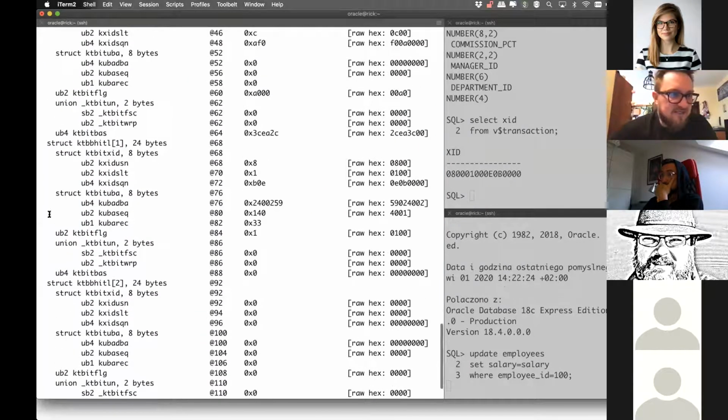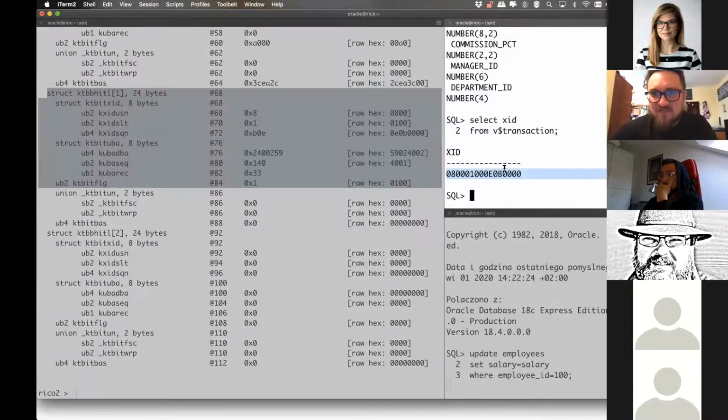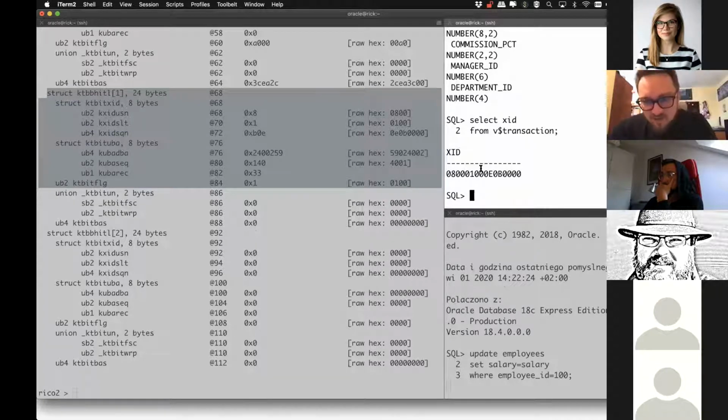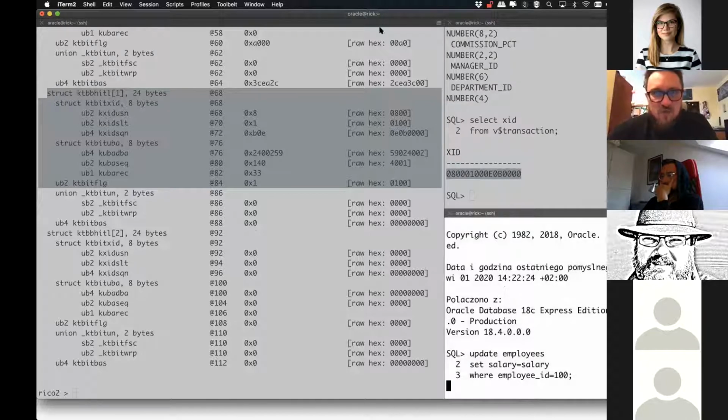It checks the interesting transaction list structure, and it checks if the transaction is actually running. This is a quite big simplification of what actually is going on, because there's much more going on, of course. But more or less, that's what's happening. And since there is a running transaction, this session is going to wait for someone